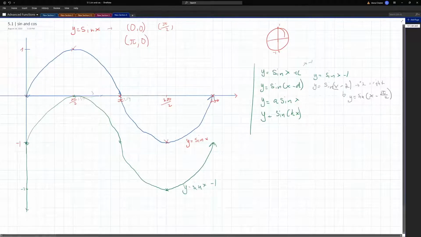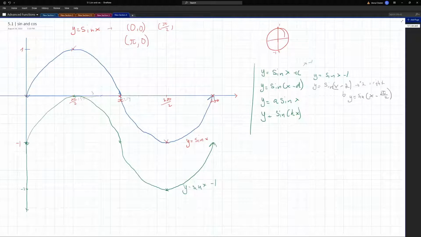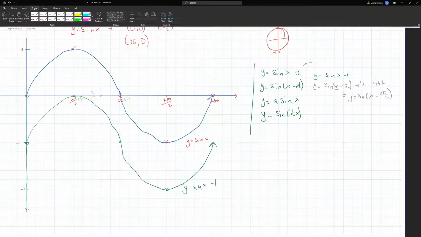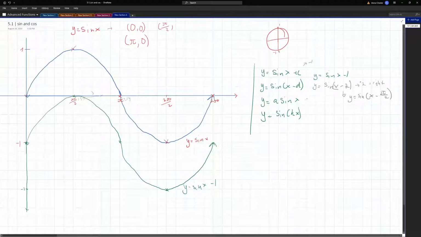Be careful with the values that you're given, because there won't be the numbers of squares you have. It will have to follow the legend that you create yourself. Next, a sine of x is also really simple. If we had something like y equals 2 sine of x,